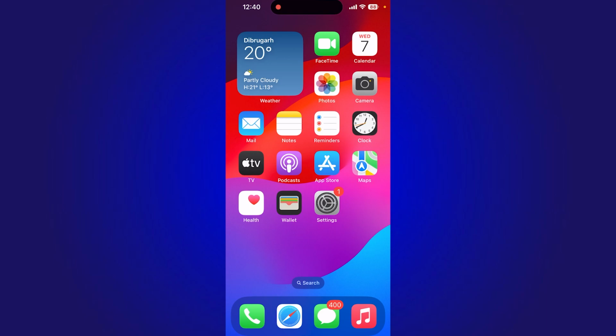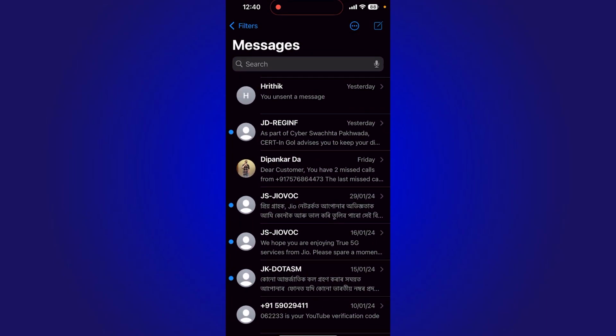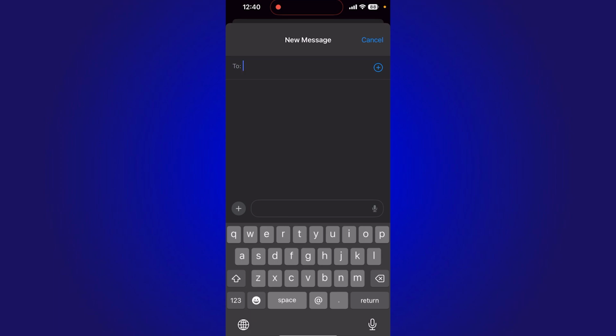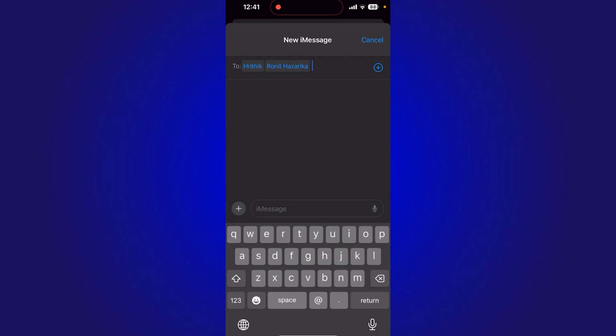your iPhone. So yeah, for that, open your messages app, and then from the top right corner, you see this icon. Just tap once, and from here you need to type the name of the person you want to send a message. For example, I am typing my friend's name. This is number one, and also another one, and then you just need to add the person you want to send a message at the same time, and after that just need to type the message, and then you press